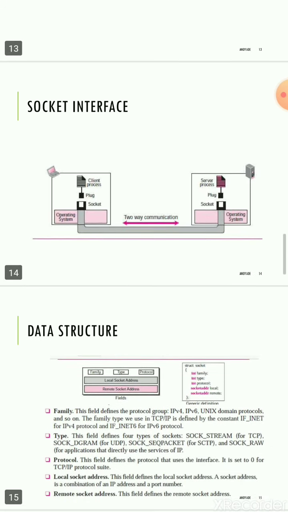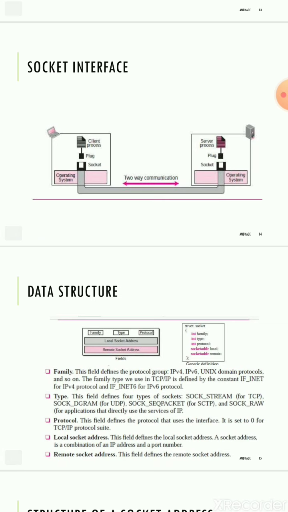So what is a socket interface? A diagram is shown here. I will explain why we require an interface. How can a client process communicate with the server process? A computer program is a set of predefined instructions that tell the computer what to do. It has a set of instructions for mathematical operations, another set for string manipulation, another for input and output access.